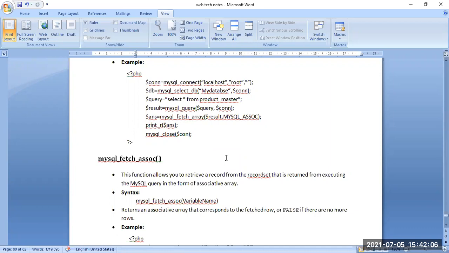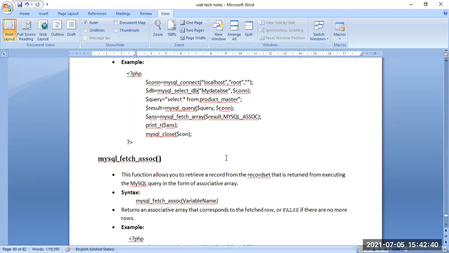Now here are three things, the first one being mysql_fetch_assoc. This function allows us to retrieve a record from the record set returned from executing the MySQL query, in the form of an associative array.